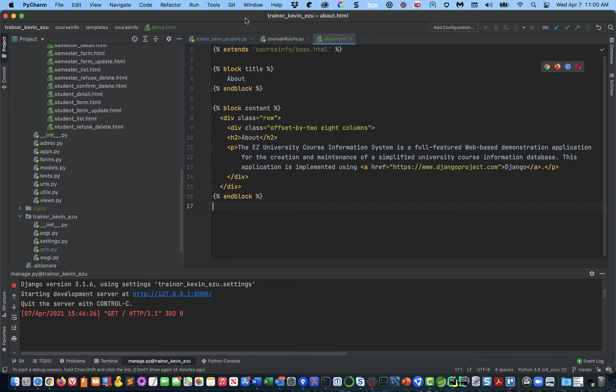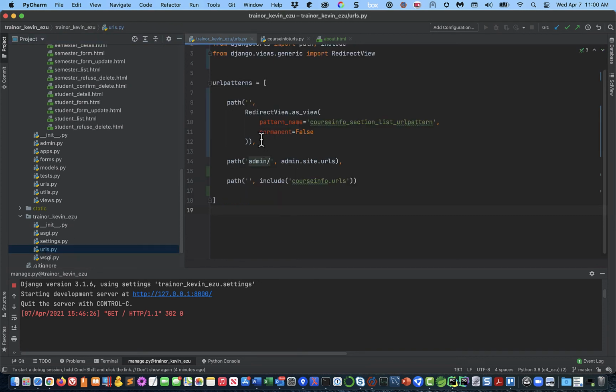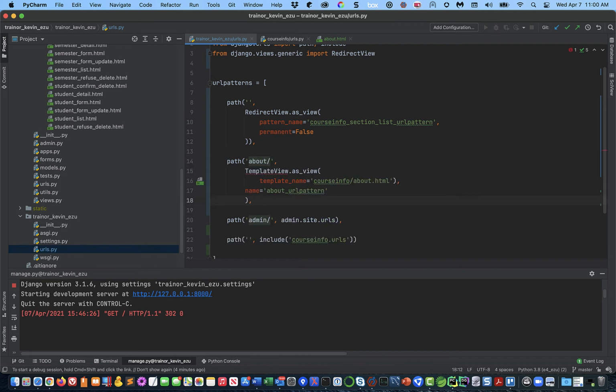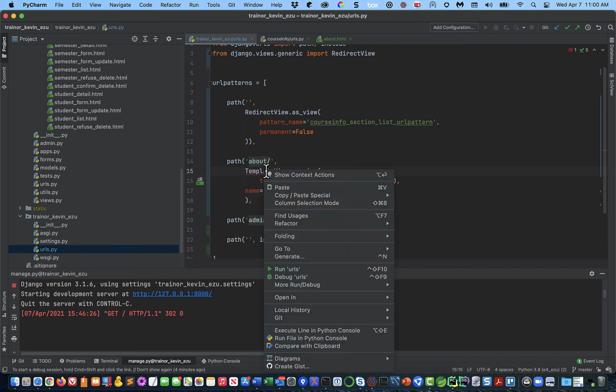So we're going to put it into this urls.py that we're working on, the one that's in our top level directory. It's not really the top level directory. I call it the metadata directory. Mine's called Trainer Kevin EZU. So we're going to that urls.py again. And right under the one where we redirect, we're going to put another